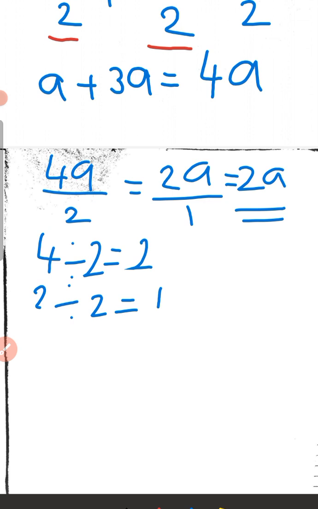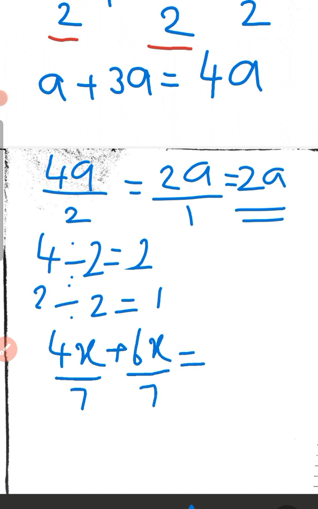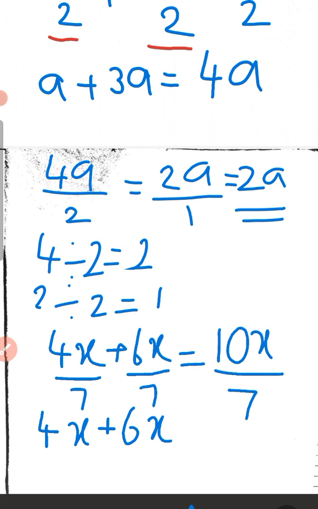Now our next question is 4x by 7 plus 6x by 7. Follow the same steps. Add the numerators. 4x plus 6x. 4 plus 6, 10. 10x. Write the same denominator. So our answer is 10x by 7. Here in 10 and 7 nothing is common. Common ഉണ്ടെങ്കിൽ മാത്രമേ നമ്മൾ സിംപ്ലിഫൈഡ് ഫോമിൽ ആക്കണ്ടൂ. ഓക്കെ. So our answer is 10x by 7.